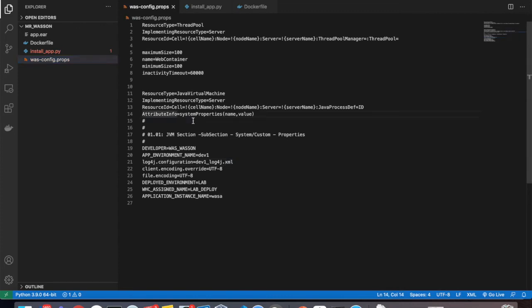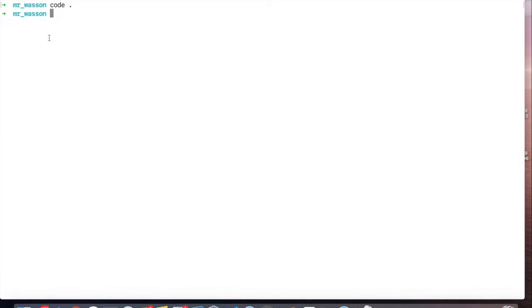And here is the props files. Here I have some JVM arguments set, and some for thread pool, just for showing how to put some kind of settings. They have no real value in this application for it. So if we go back to